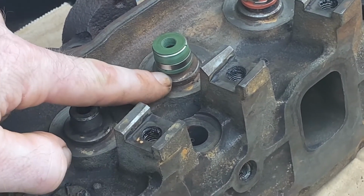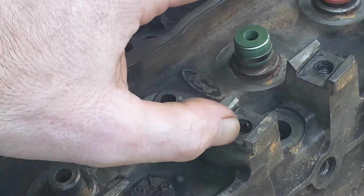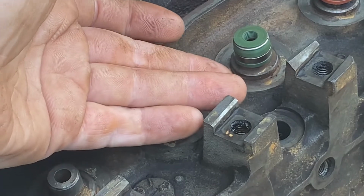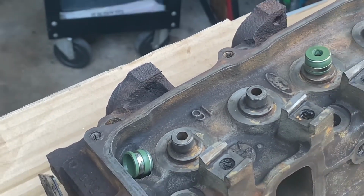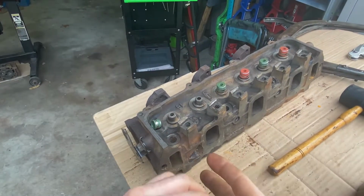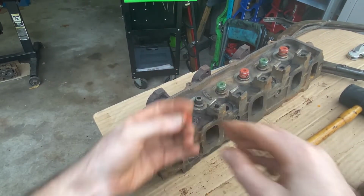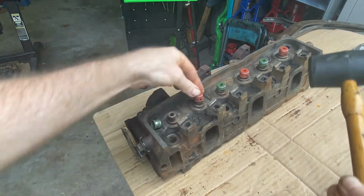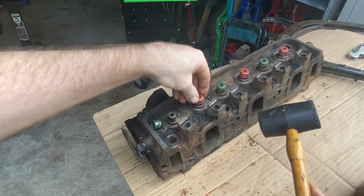So there is a gap right here where I can stick my fingernail in there. So you just got to know when you take them out, kind of look and see how they are, or look them up and someone will do them like me. So let's go ahead and show you. You can get a tool that grips around this and pushes down on it, but I've been doing them for so long, I just kind of put them on my thumb, and then